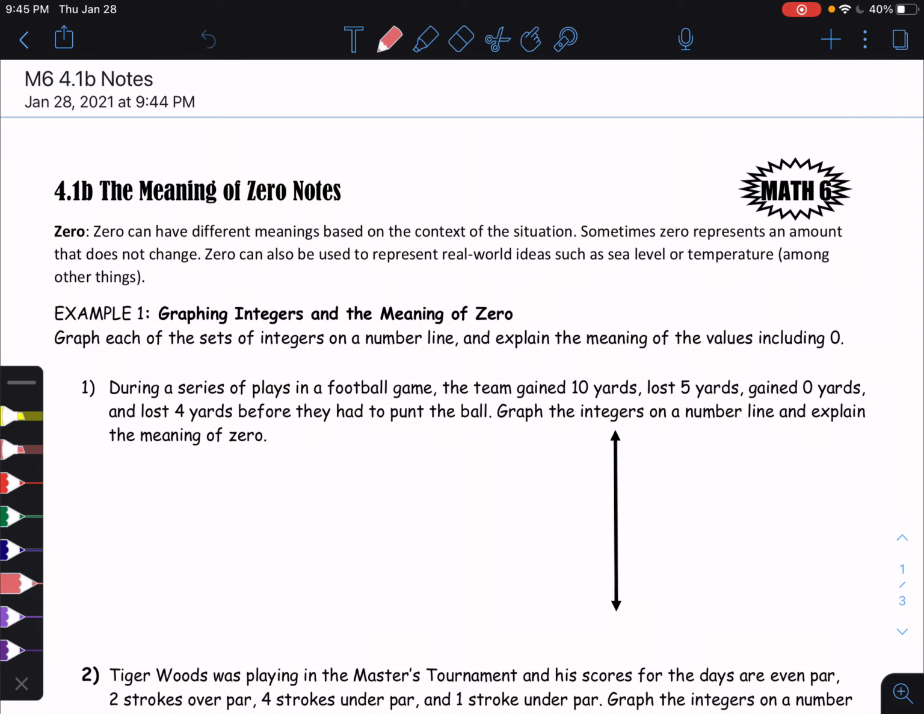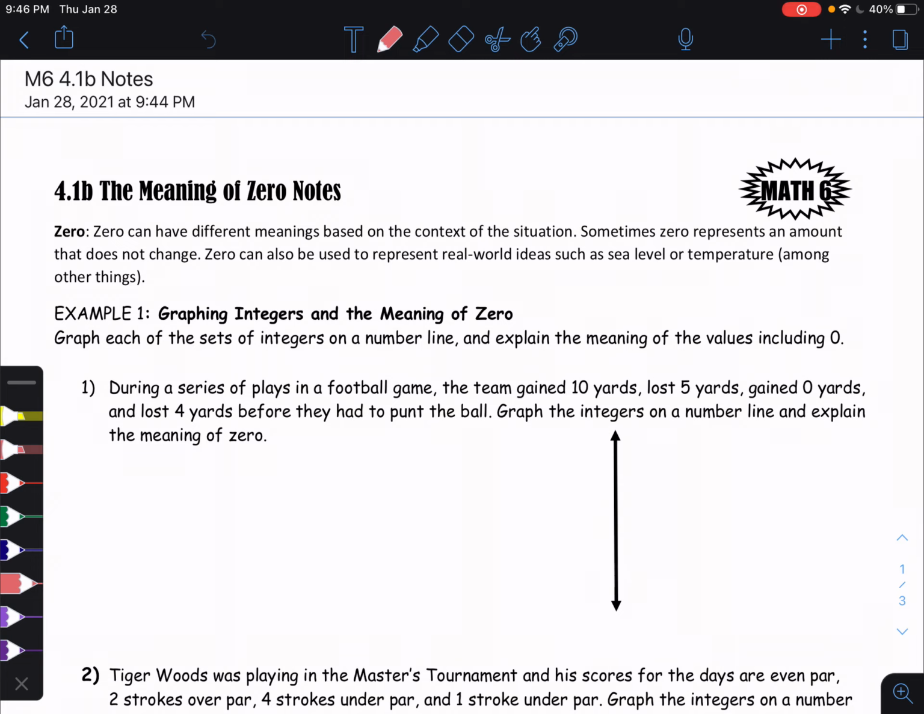This is going to be in situations where zero does not represent something as it relates to that situation. Zero is going to represent a value that isn't changing at that current time. And zero can be used to represent real world ideas such as sea level. So remember we talked about elevation yesterday, and we have a sea level. That's our base. So that's going to be zero, or temperature can be 0 degrees, or par can be 0,